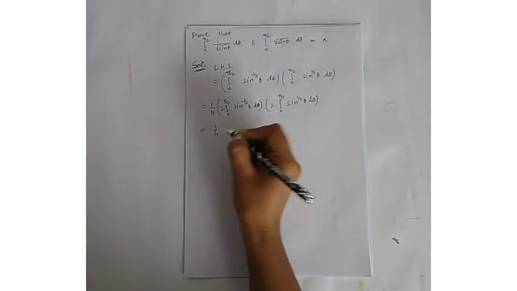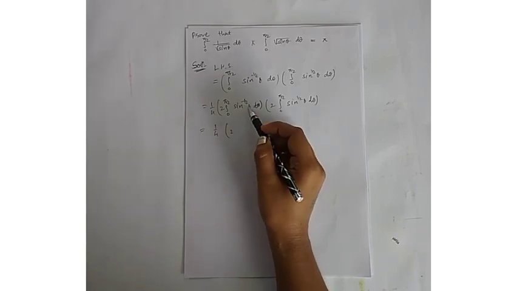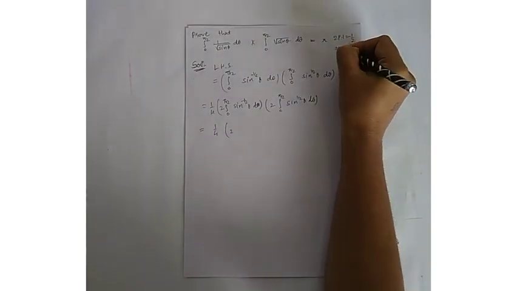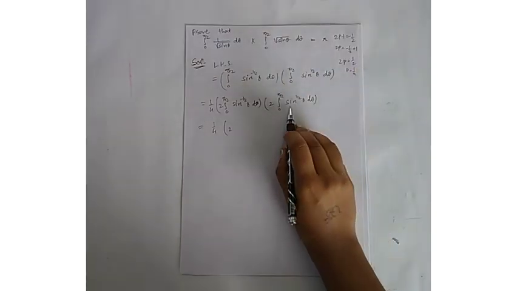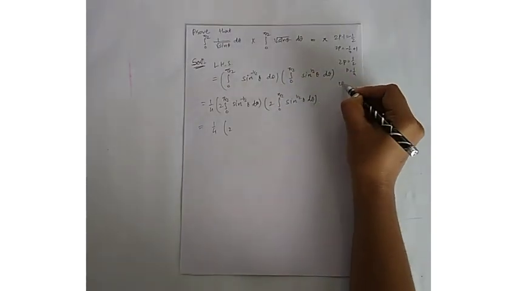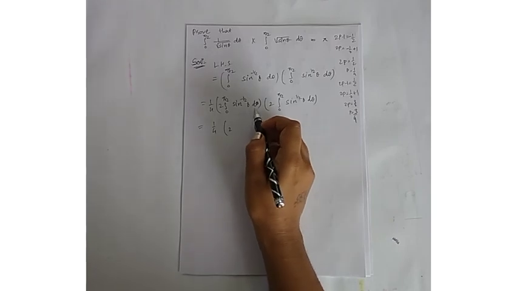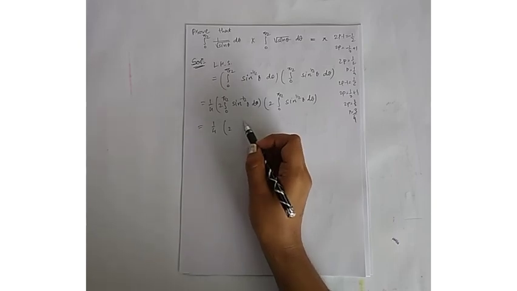So it is equal to 1 by 4 into 2 into, here we are going to find the value of p. That is 2p minus 1 is equal to minus 1 half. So 2p is equal to minus 1 half plus 1, so 2p is equal to 1 half and p equal to 1 by 4. Here the value of p is, 2p minus 1 is equal to plus 1 half, so 2p is equal to 1 half plus 1, so 2p is equal to 3 by 2 and p equal to 3 by 4. There is no cos theta, so for that I write it as cos to the power 0 theta.